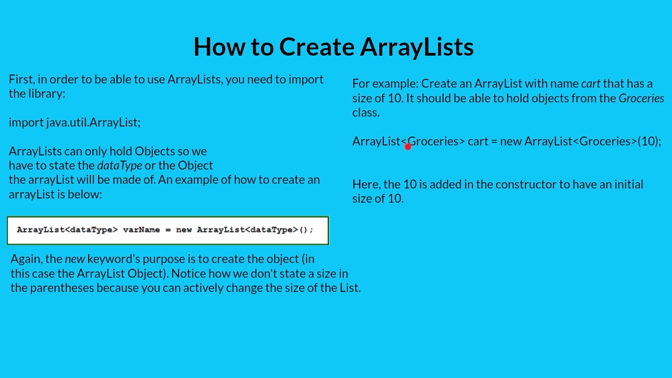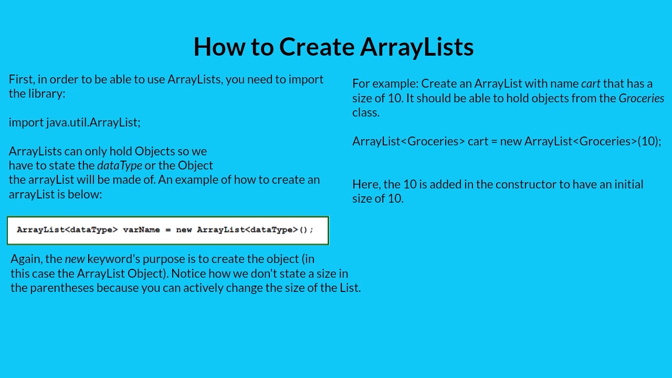Okay, ArrayList. And inside of these arrows, you say Groceries, which is the name of the class. Cart, which is the name of our array list, is equal to a new ArrayList Groceries. And inside of the constructor, we pass a value of 10, which predefines the length of our array list. And you might be wondering, what is an advantage of using array lists instead of normal Java arrays? Well, normal Java arrays have a fixed or static length, while